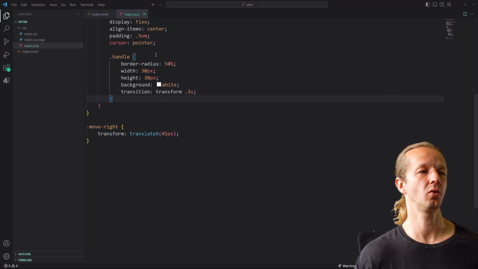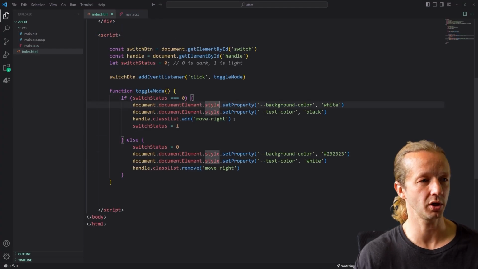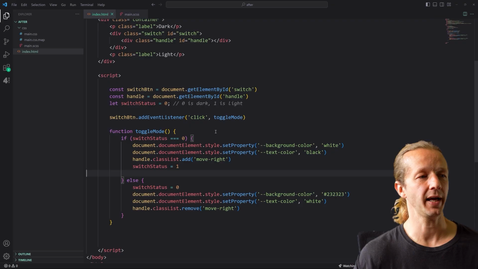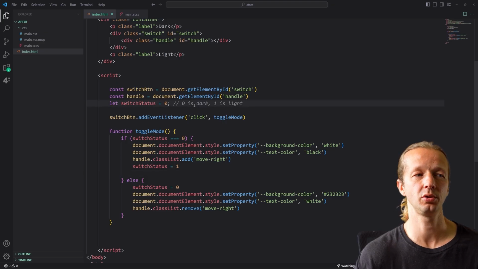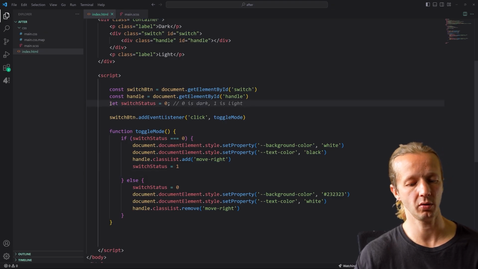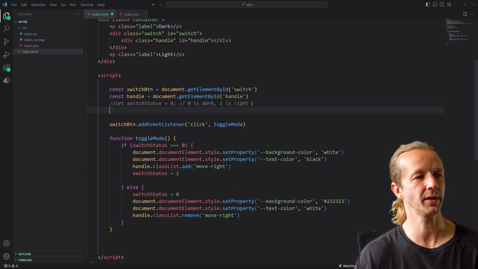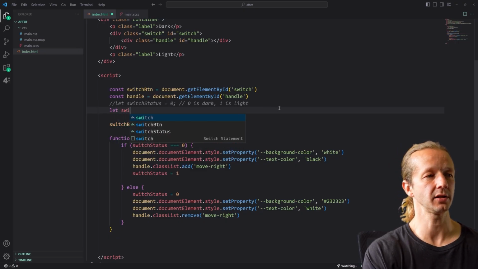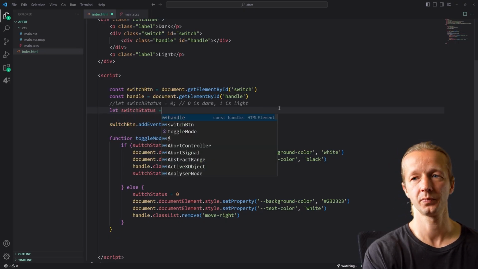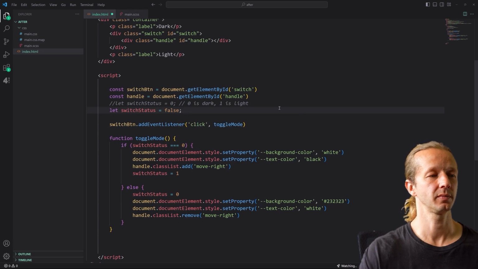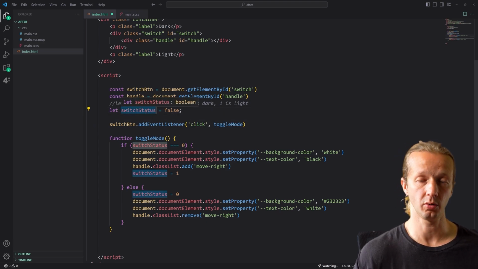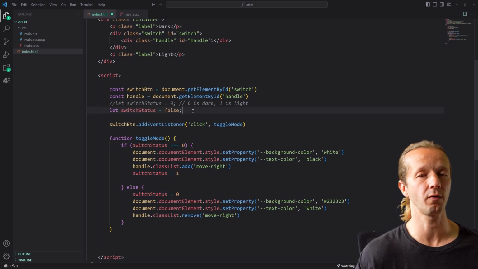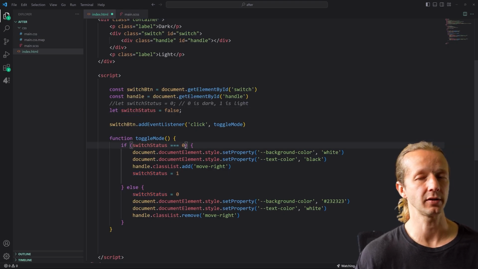Now I wanted to show you one final thing, another very important JavaScript concept, and that is Boolean values. A Boolean value is either true or false. It's just to represent two different states. So what we can do is comment that out. We're going to redefine it as let switch status equals false. Now it is a Boolean value, it's either going to be true or false. And the way we can refactor this